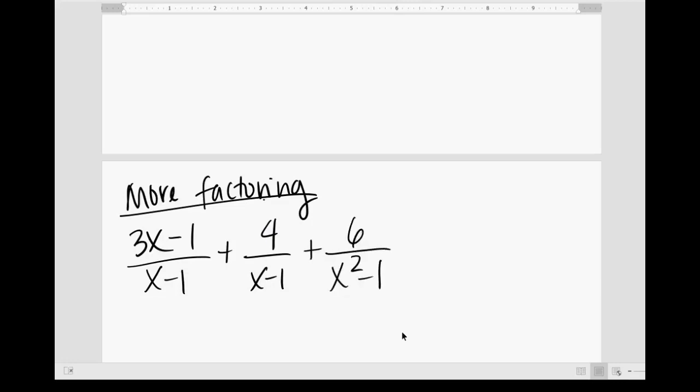Okay, is that what you have, Anthony? Alright, cool. So we're not going to say that's factoring. We're going to say that's more